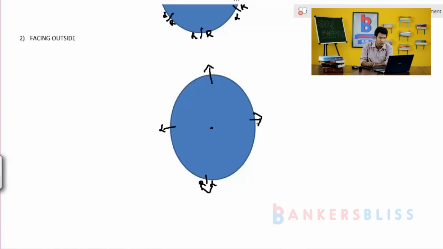Here also the person is facing the outside. It means our right becomes the left and our left becomes the right. Again, this should be right and this should be left. Is it clear? Facing the center is nothing but our left, our right. Facing the outside is nothing but our right becomes the left and our left becomes the right. And third, we move to the